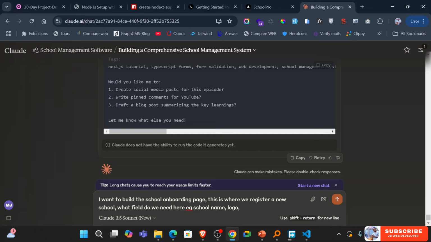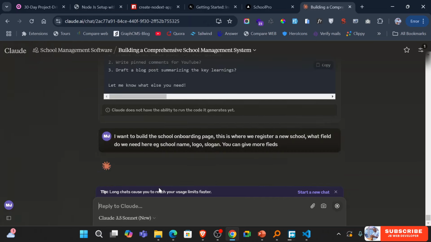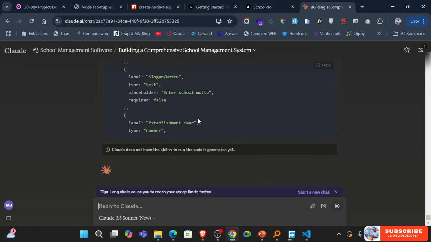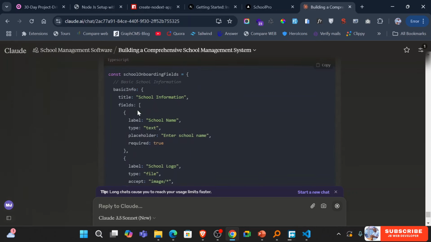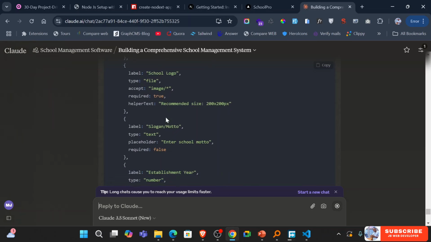This is a point where, if you wanted to generate a school, someone was proposing to generate a school page or something like that. I don't know, but for now you can just ask a few things like a school name, logo, and maybe a slogan. You can say to give me more fields here, but basically the only three things we're going to ask are the school name and the school logo. And you can see here the basic info: the school name, the school logo,